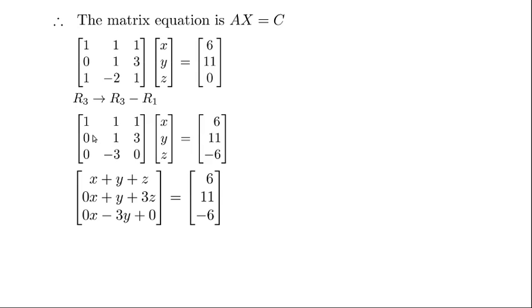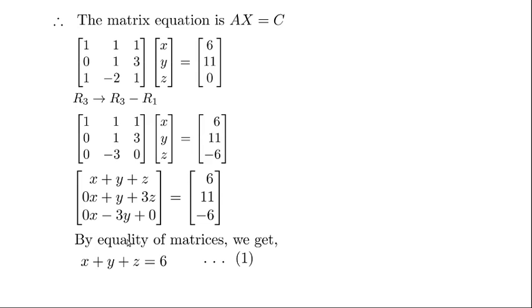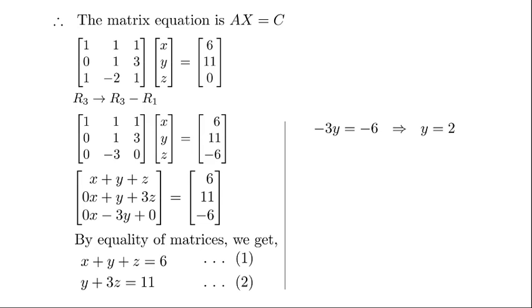one more 0 here. So if you observe the elements very carefully, you understand that the coefficients of x and z are 0 here, and here the coefficient of x is 0. That means you'll be left with this equation. So by equality of matrices, we get x plus y plus z equals 6, and y plus 3z equals 11, minus 3y equals minus 6,